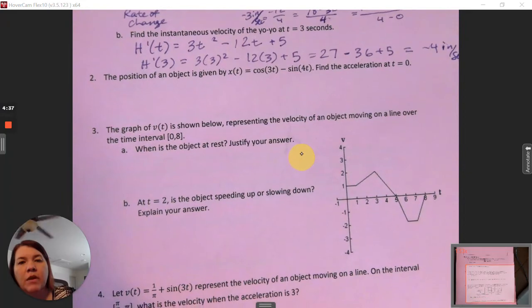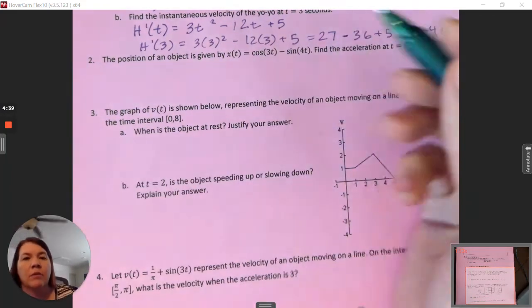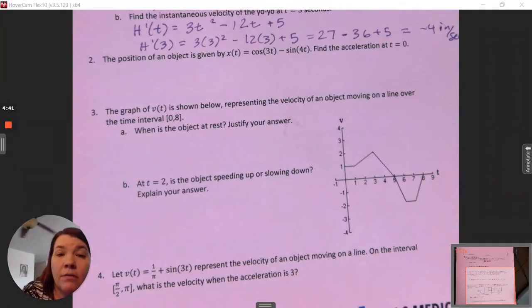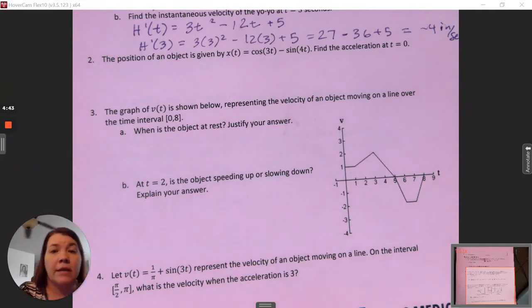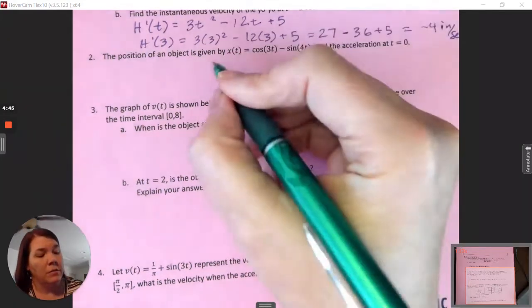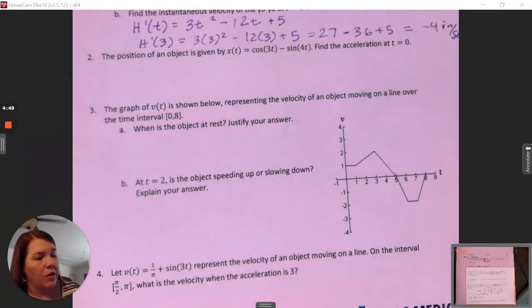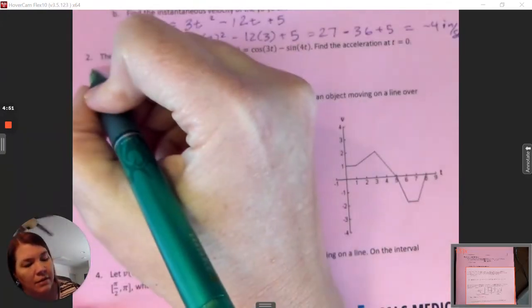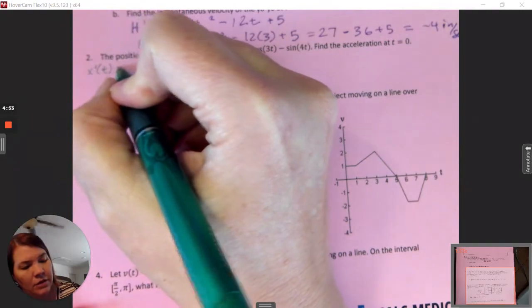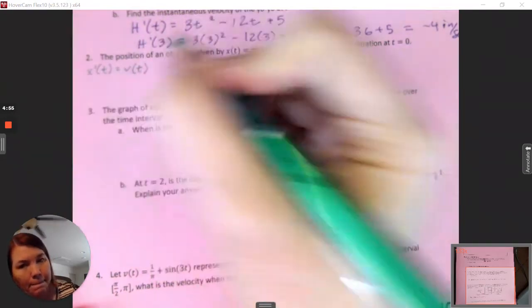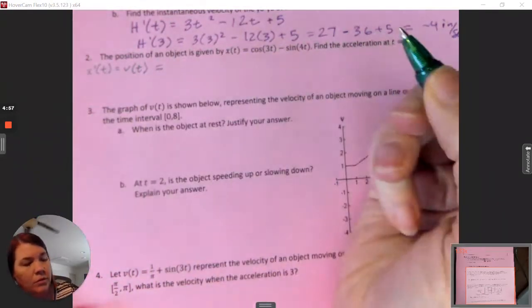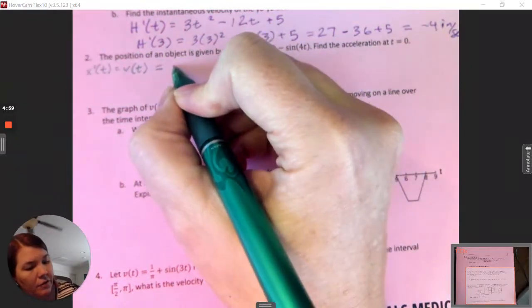The position of an object is given by x of t equals the cosine of 3t minus sine of 4t. Find the acceleration. So this is my position. Sometimes it's s of t. In this case, it's x of t because we're moving on the x-axis. But x prime of t, which is equal to v of t, is equal to the derivative of cosine is